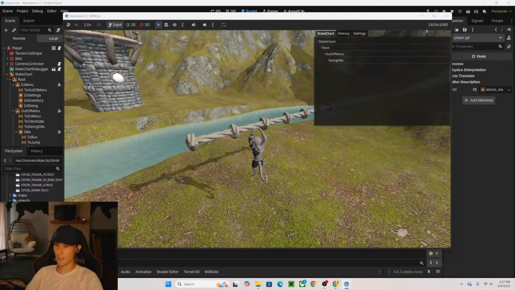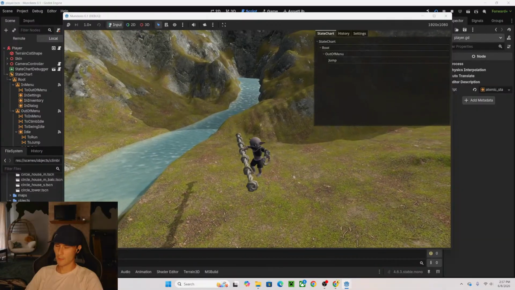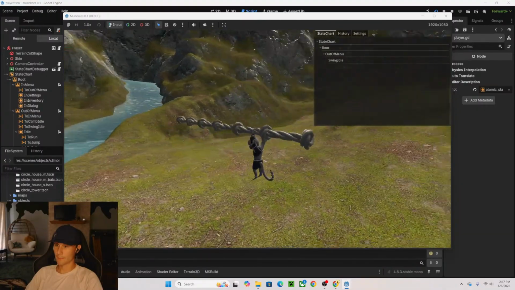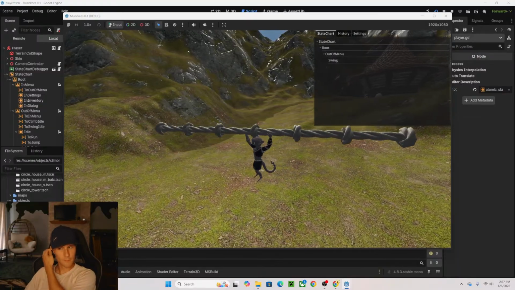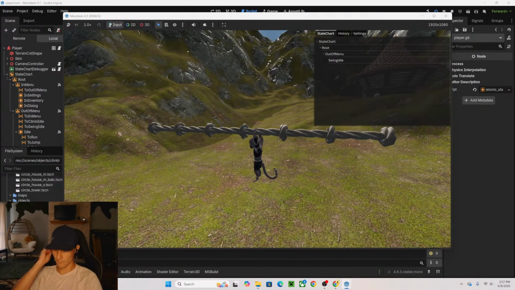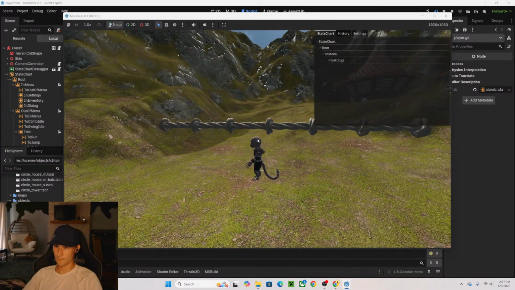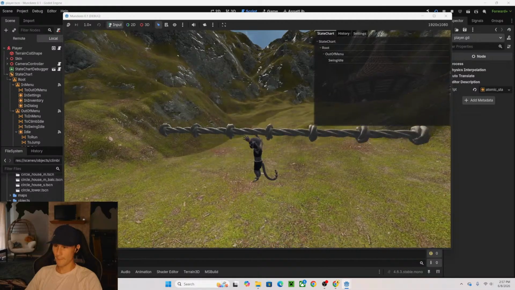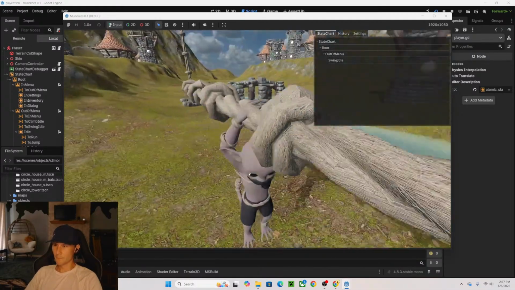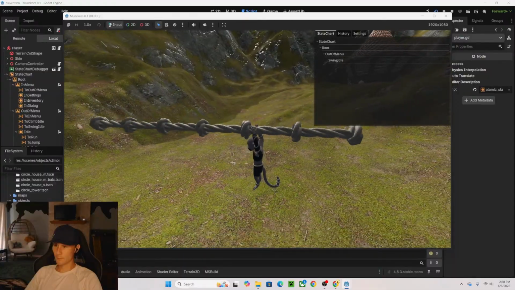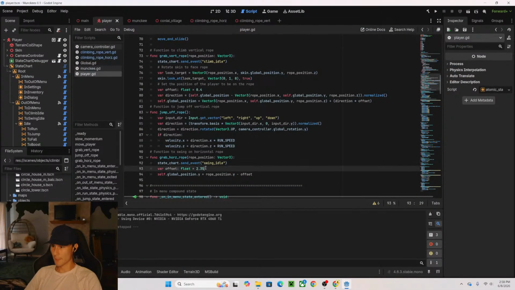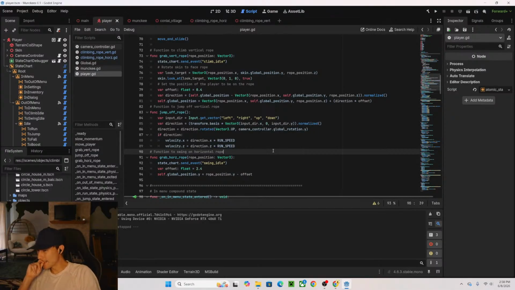I need the X and Z to be closer to the rope. Y is okay, but the X and Z needs to be